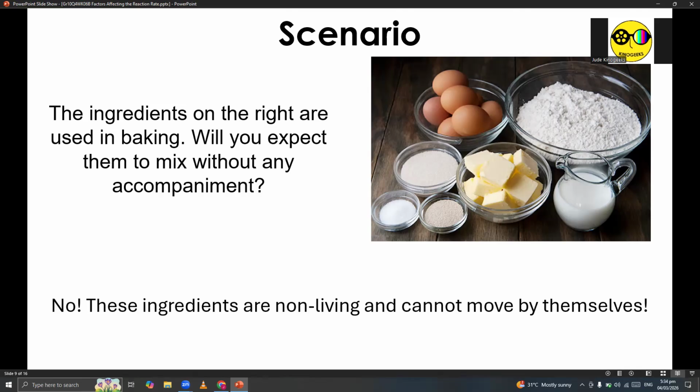to bake without accompaniment by a person, and you have to use a spoon or spatula, or you whisk them, or in some cases, even if it's not baking. For example, if you have beverages such as shakes or smoothies, you use a blender in order to mix your ingredients. And speaking of mixing, the fourth factor focuses on stirring.